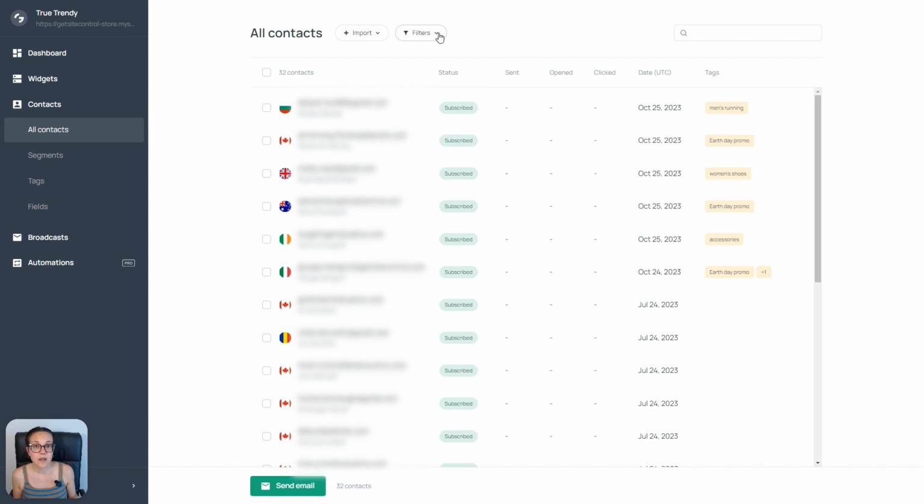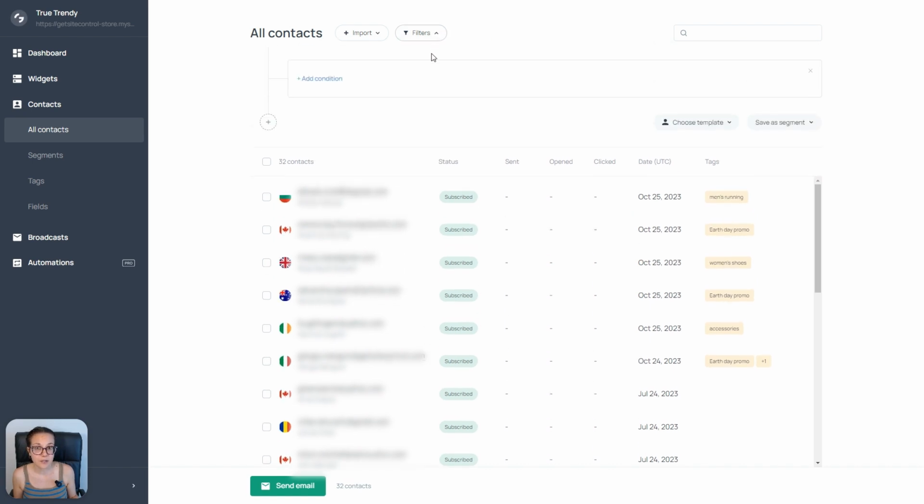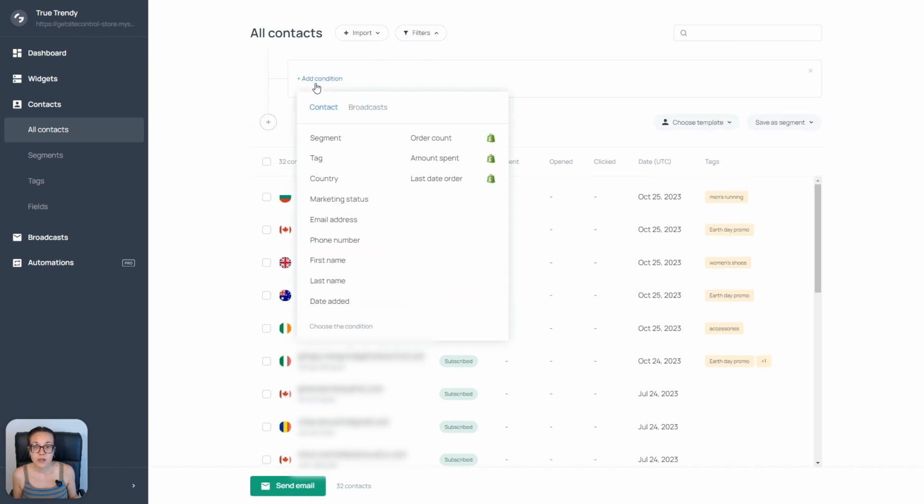You can also apply filters to your contact database. You can filter your contacts by the segment they belong to, by the tag they have assigned, by their country, their marketing status, and so on. And if you're on Shopify, you can filter contacts by their order count, the amount they've spent, or the last